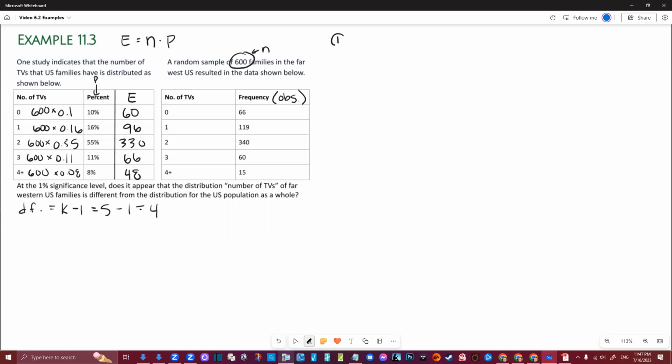So let's go through our 4-step hypothesis test. Our null hypothesis is that the far west frequencies are equal to the whole US. So the null, we are assuming that these two frequency distributions are the same. Our alternative is then that the far west,